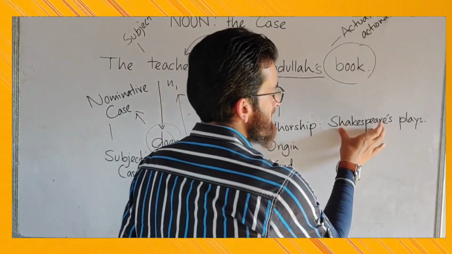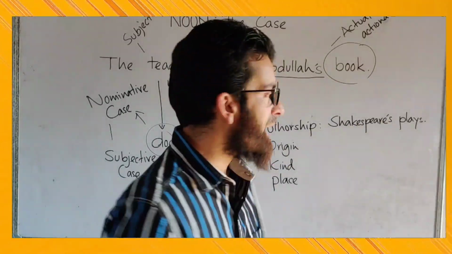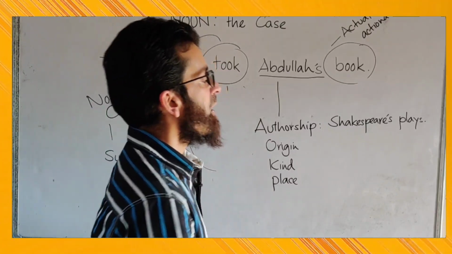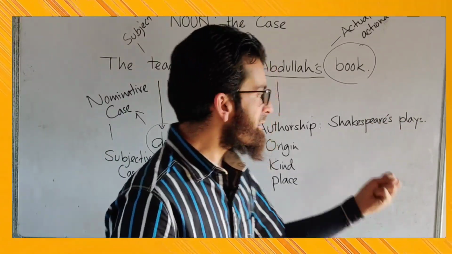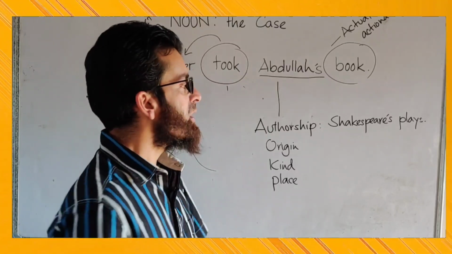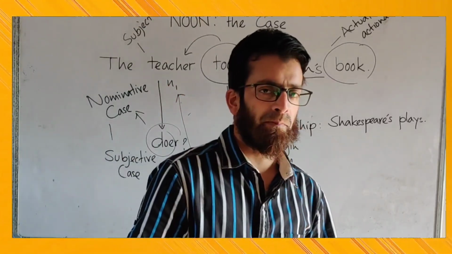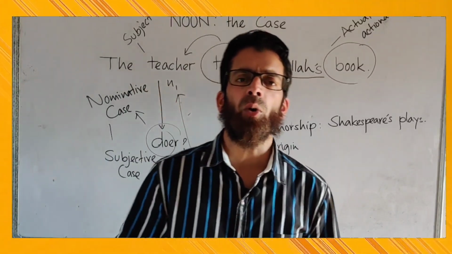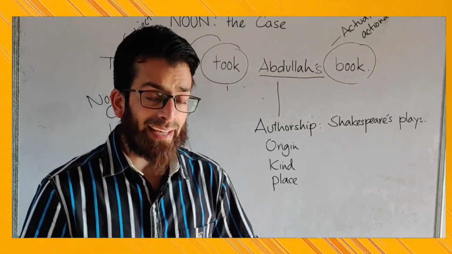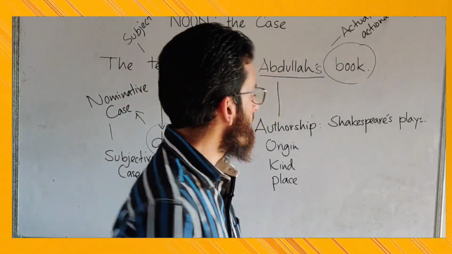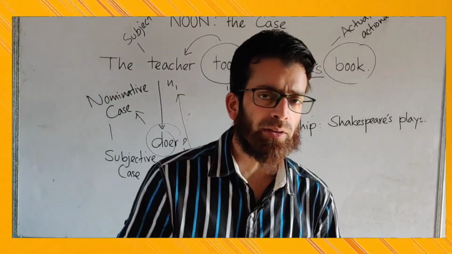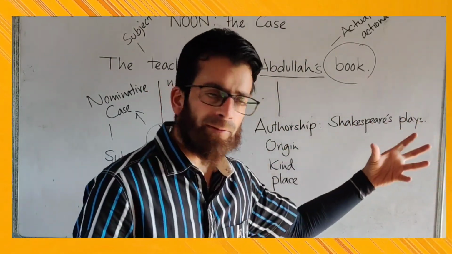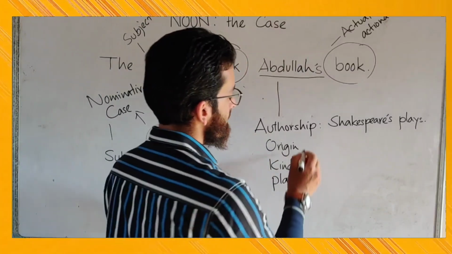Here, this possessive case of Shakespeare does not imply that Shakespeare possesses some plays. Rather, it simply says that all the plays written by Shakespeare, we can call them Shakespeare's plays. Or Milton's poetry. All that poetry that is composed by John Milton, you can say Milton's poetry. Similarly, this possessive case can reflect authorship. Origin, we can say